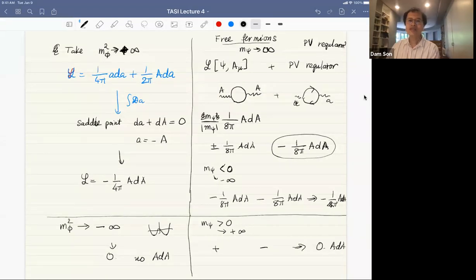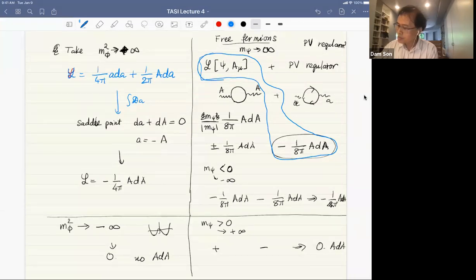Any questions? So in fact, what we have said here is that in order to define the fermionic side of the duality, I'm going to take the fermionic theory and add to that the contribution that we would get from the Pauli-Villars regulator. So this is the theory. More precisely, this is the theory that is dual to the bosonic theory coupled to a gauge field.